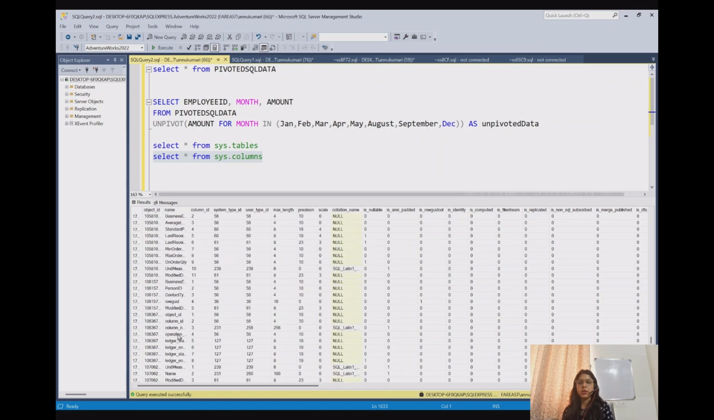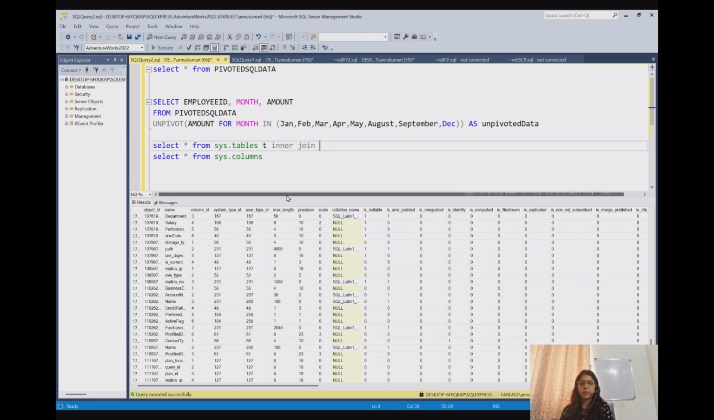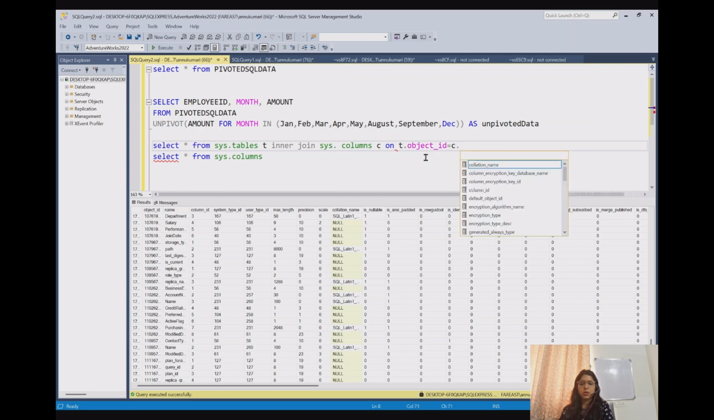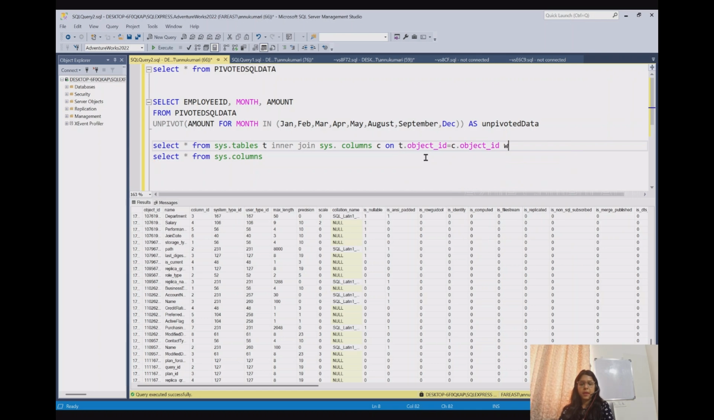In order to get only those columns which are present in pivoted SQL data, we can join these two tables and get only those column names present in this table. For example, if I give an alias to this and then do an inner join with sys.columns on the common column between these two tables, which is object_id, so t.object_id equals c.object_id, where t.name equals, you can see the table name here is pivoted SQL data. And if I run the whole query,